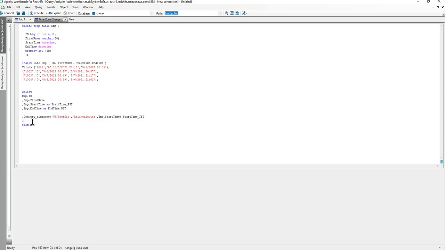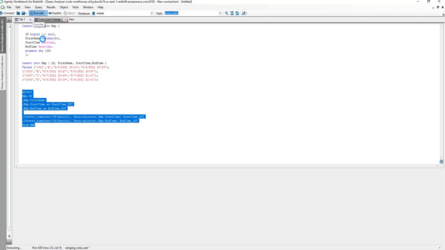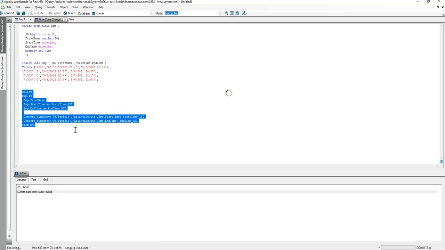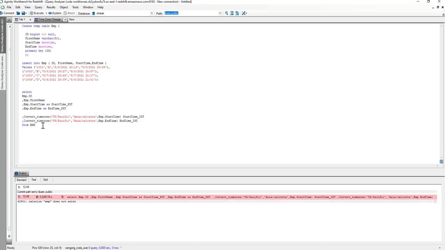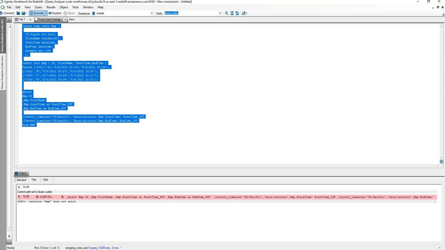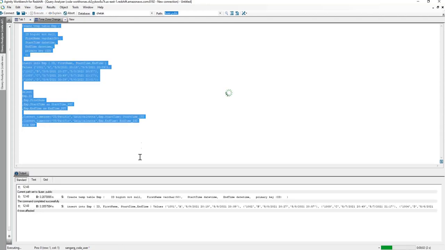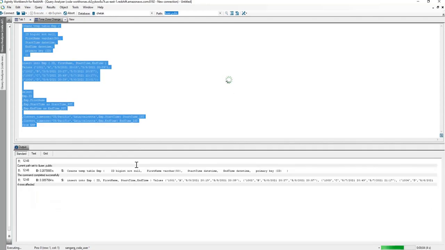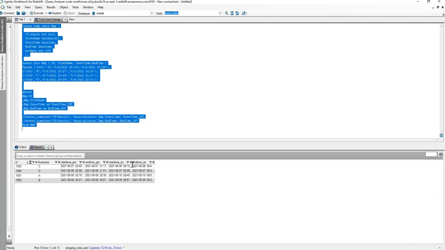The same is going to be performed with the end time. So, to save time, let me copy and paste it for the end time. Let me first run this code and we're going to match the first one with the conversion to IST timing. Oh, I'm so sorry, I didn't run the first part, the timetable part. So the code is running, and yeah, it gives us the output.